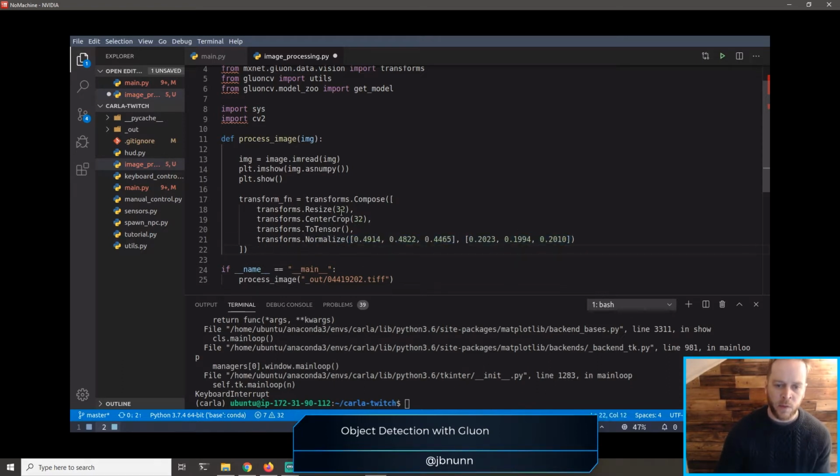And that's what it was. The rest makes sense. We're resizing it to, I guess it's going to be 32 by 32. We're cropping from the center to make sure that we get the right pieces. So we have a transform function, and now we need to make sure that we run the image through the